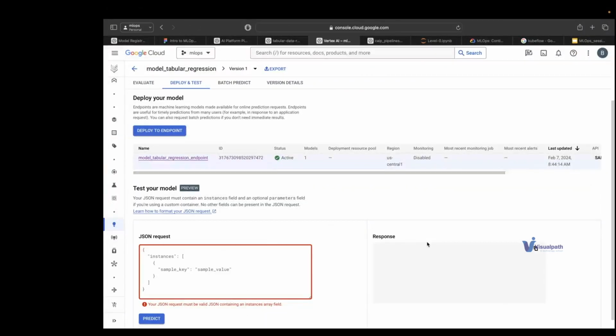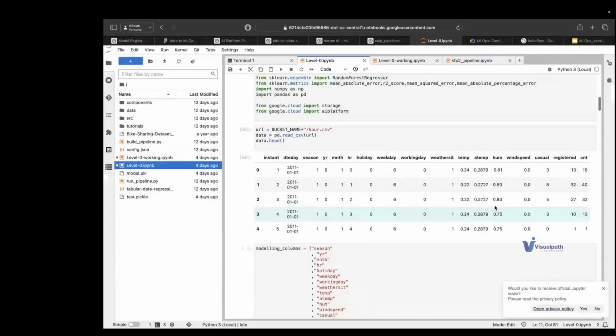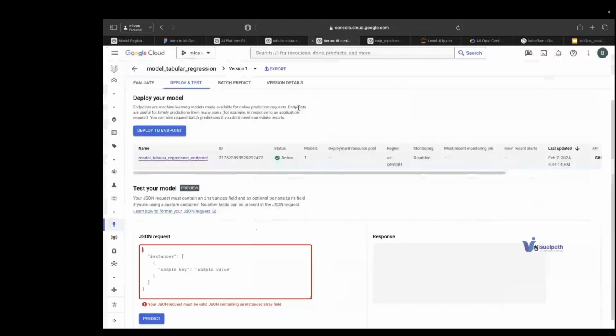So this will predict the count column. This is the hourly count of bikes. On some specific bike station, it's counting how many trips were made on that particular station at that particular hour. So we are predicting that. If you give all of this as input, you will get this as output from the model. This is a simple bike prediction problem.